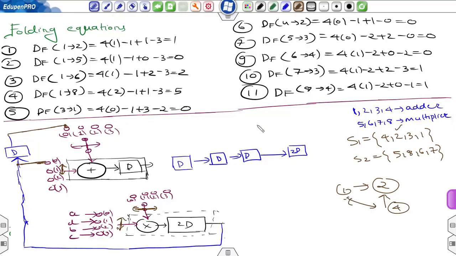Okay, so how many delay elements are required, that is already calculated here. So 1 to 2, one delay element. So this is the output of the adder, and one external delay is required, so I have already drawn some delays. So one delay element, and